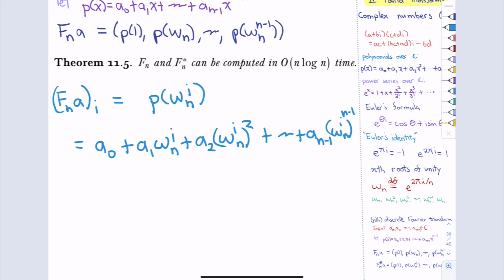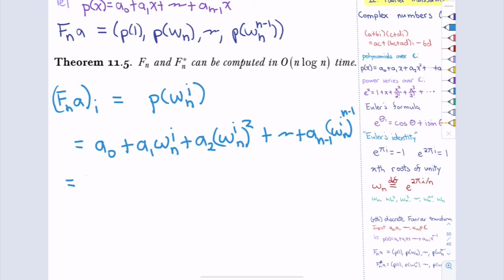Okay, so that's what we're trying to compute for all i's. But now let me take those terms and group them into the even indices and the odd indices. a0 plus a2